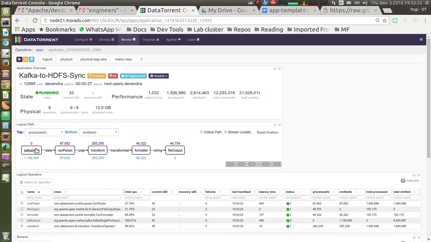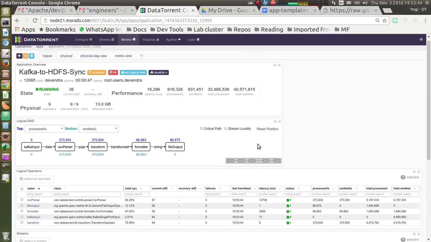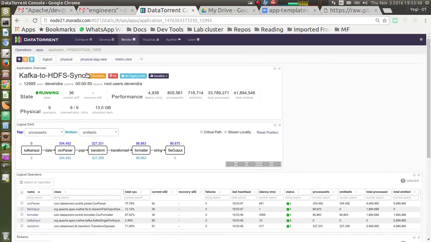So we modified this application template from Kafka to HDFS and introduced parser, transform and formatter operators in between. This is how the modified DAG looks. As we can see, the records are getting processed and emitted. Metrics can be seen on the logical tab.